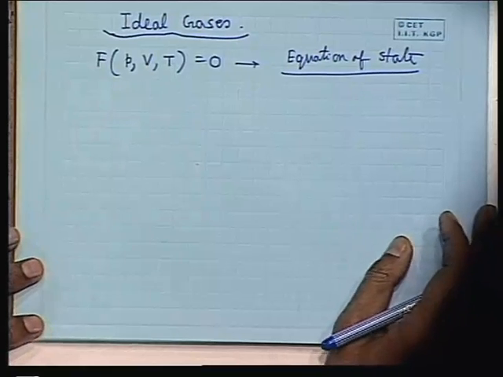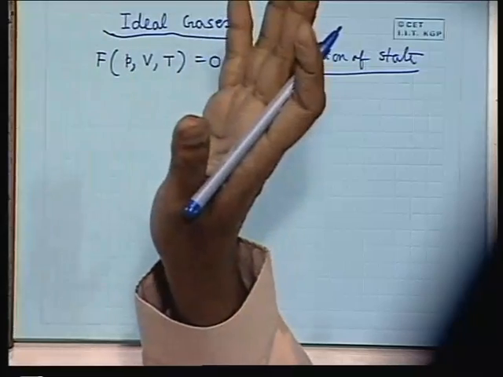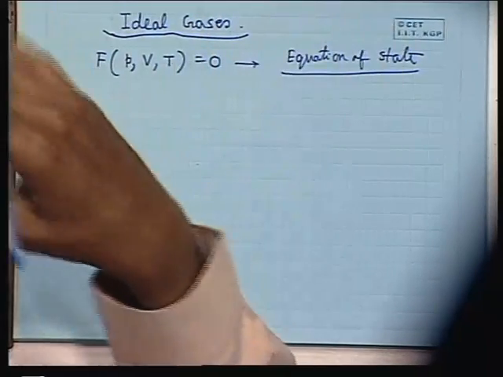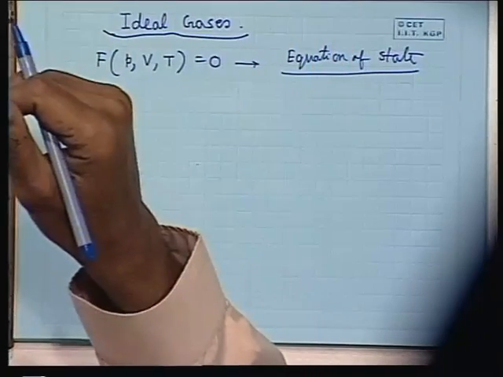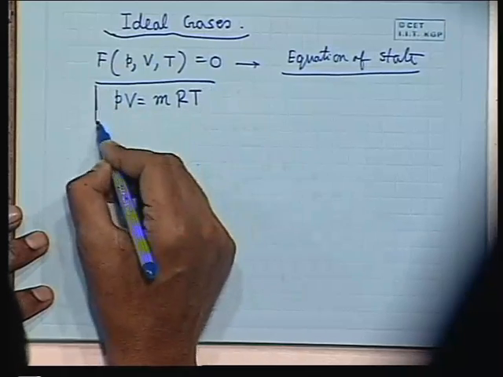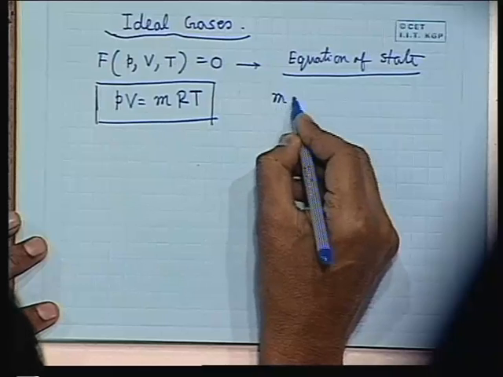Now if we ask what is the definition of an ideal gas, it can be defined in various ways, but all the definitions are the same, one is a corollary of the other. So you can start from the equation of state point of view. An ideal gas is a gas which obeys this relationship as the equation of state at all pressure, volume and temperatures. At any state point, the relationship will be PV = mRT, where m is the mass of the gas,